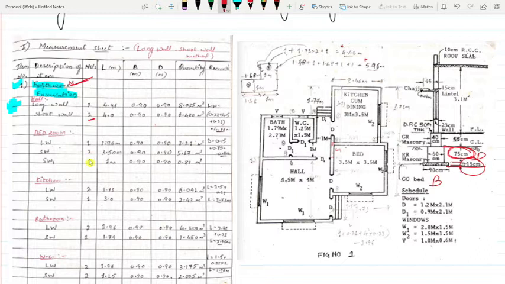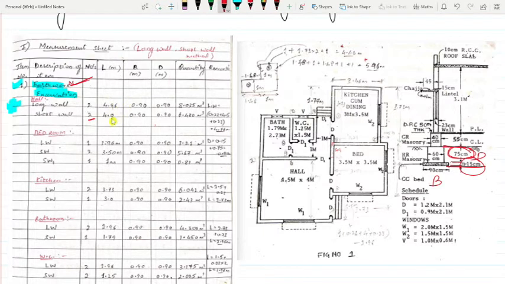No. Deductions we will not do here, because while calculating earth excavation there is no deduction to do. We have to calculate the quantity of earth. You are speaking about doors and windows? No, that will be the openings in wall. So during wall quantity calculation, we'll do the deductions there. Fine.